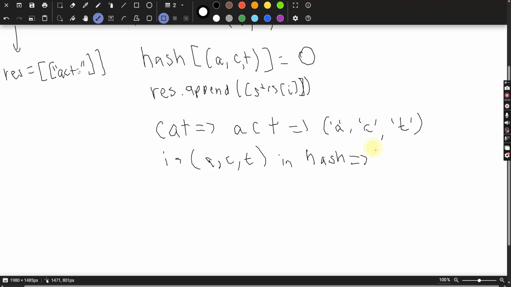Well, this would return true, right? Because we saw that we already put the hash at ACT equals 0. So once it returns true, we do this: res at hash at ACT